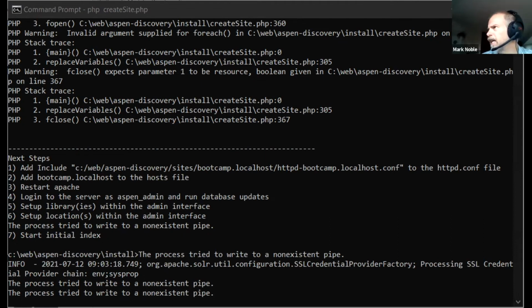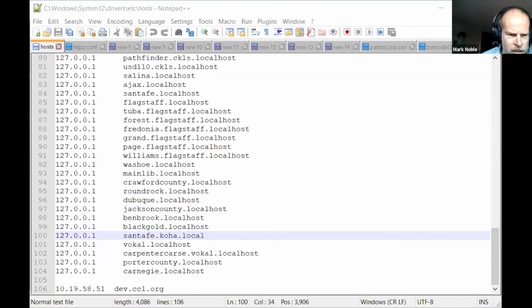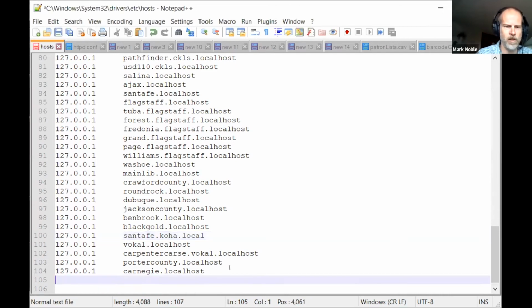So the next step, let's stop the share. Okay. So let's share. I just use Notepad++ for my basic file editing. You can use whatever you want. On Windows, the hosts file is hidden pretty well. It is in C:\Windows\System32\drivers\etc, and hosts is the name of the file. I think the etc directory is hidden, so you have to make sure that you have permissions to view everything. You have to edit it as an administrator. But then once you do, you can just say, okay,